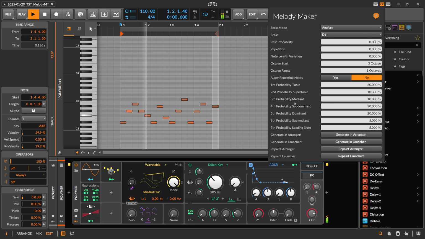Then we have, of course, the probability for each note inside of the scale. By default, you can see the tonic is 30%, right? The second note or the third note, the mediant here, is 10%. Then the subdominant is, of course, higher, 20%, and also the fifth, the dominant, is 20%, and then the